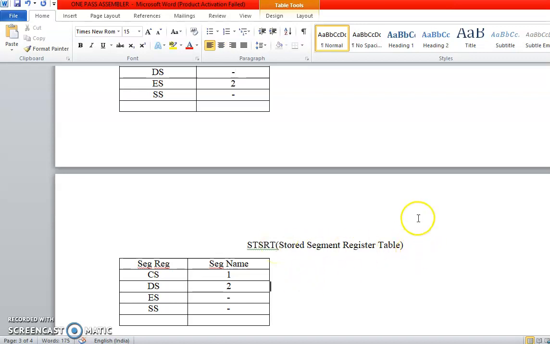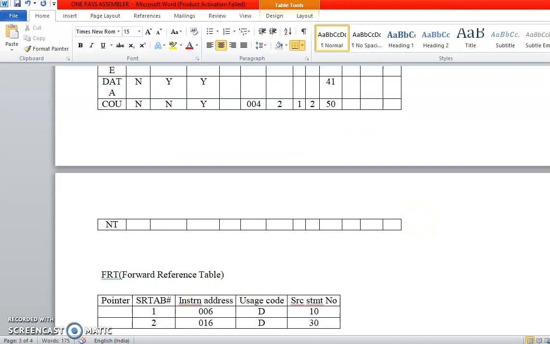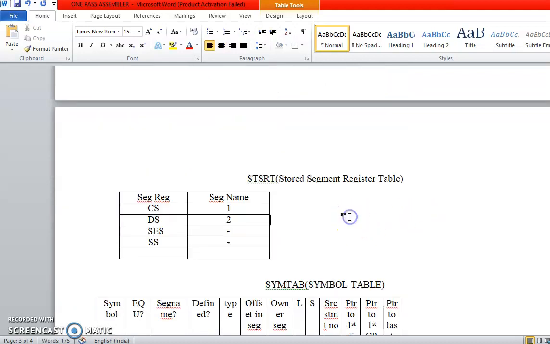Hence we always store it in this way: STSRT #1. This indicates the first variety. Then if I store the next variety, that becomes STSRT #2. So accordingly the entries into the STSRT table will be stored.